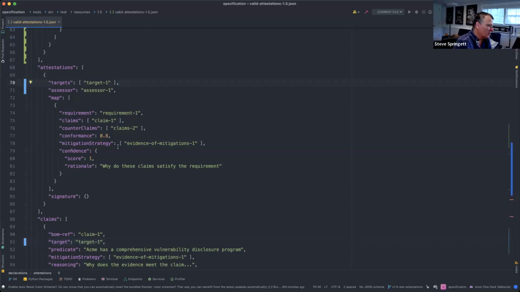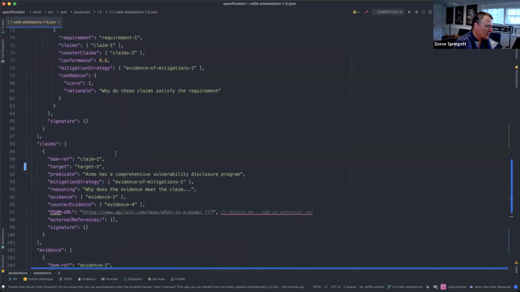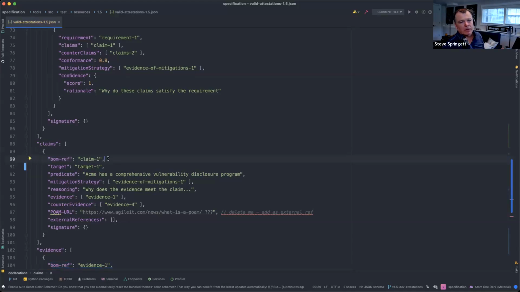So let me throw out something else here. Let's go back to that example where I claim that 80% of my development staff is trained for security on a yearly basis. But let's say I'm actually claiming it for multiple products that I manage. I've got a dozen products, and I want to claim that 100% of my developers get trained every single year for multiple products. The singular approach doesn't let me do that. I would have to repeat.